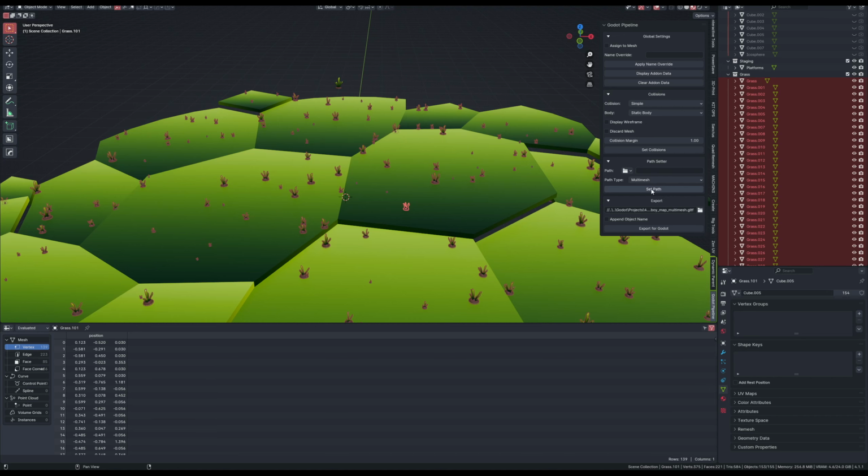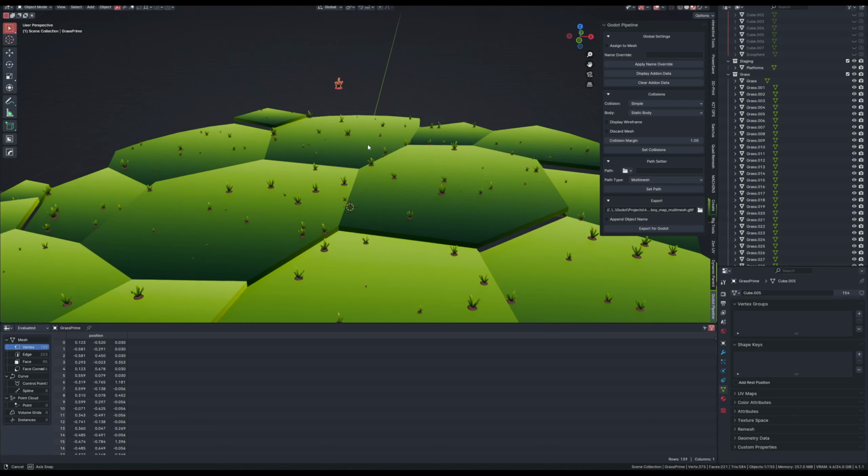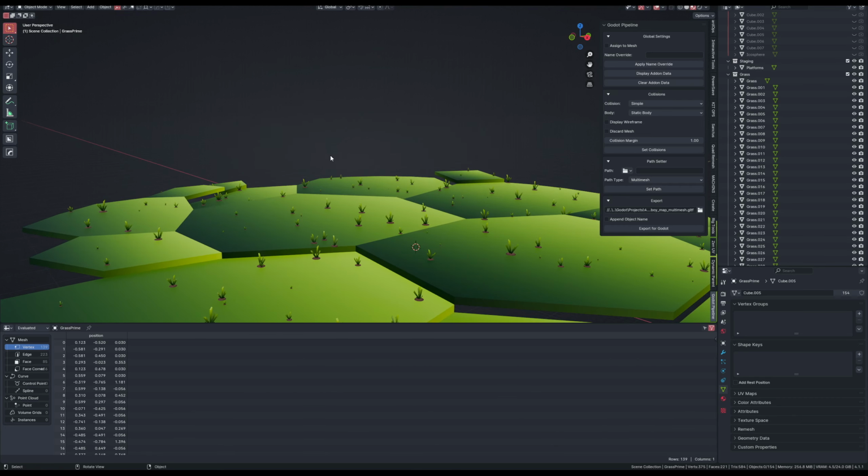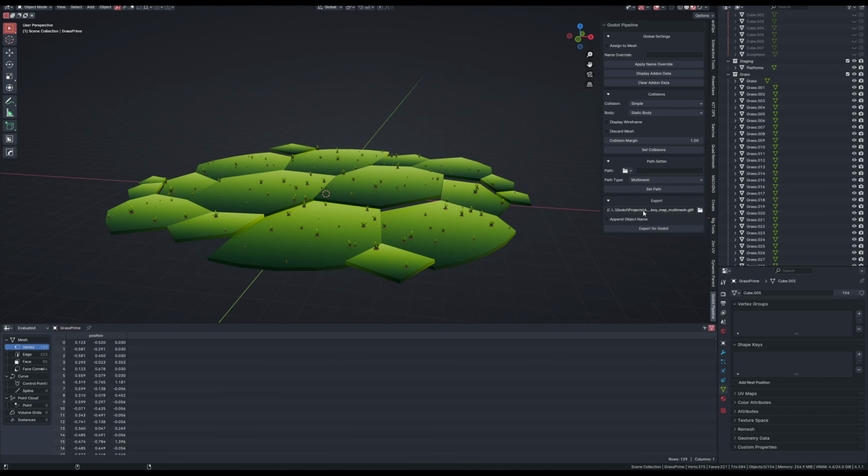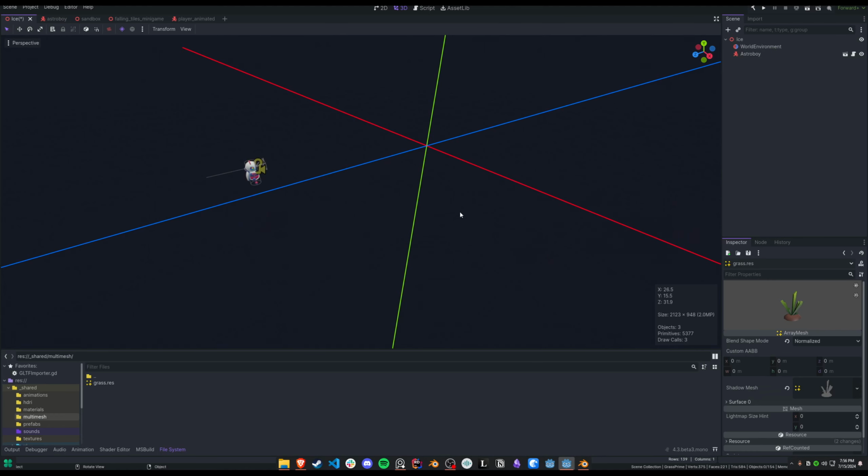Let's set that. I'm going to hide my original one. And then let's export this as, in this case, I'll just do multi-mesh test. So everything that's visible in this scene should be exported. Let's do that. And then now, if I look at that new scene